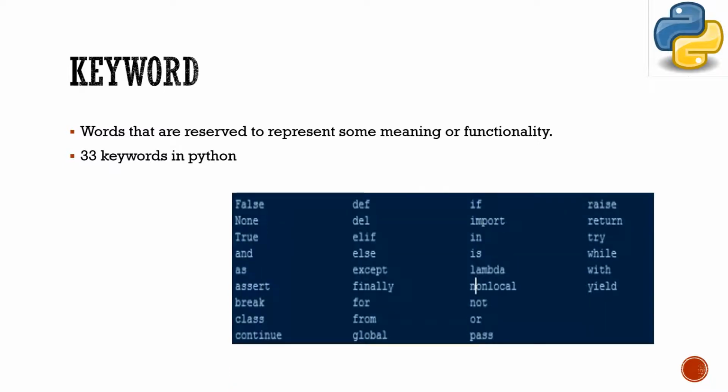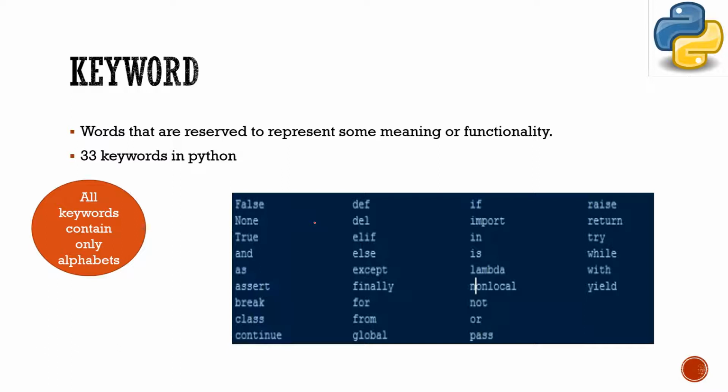You can have a look over here. These are the 33 keywords that we have with predefined meaning. Now after taking a look at it, we can note a few points. In these keywords we only have letters or alphabets used. Except this, nothing else is there. So the first one is all keywords contain only alphabets. Next one, except 3 keywords, all other keywords are in lowercase alphabets.